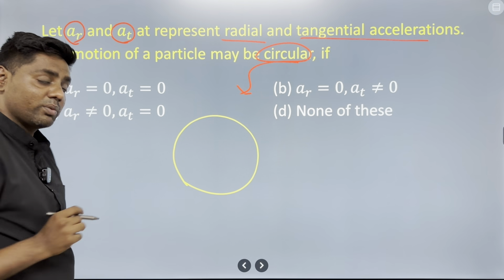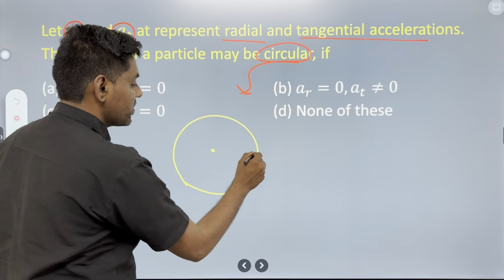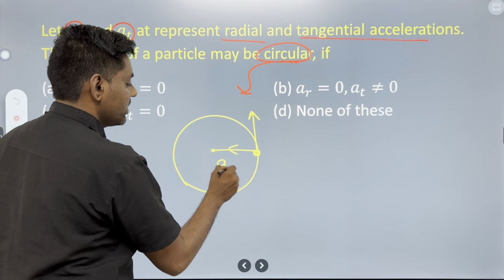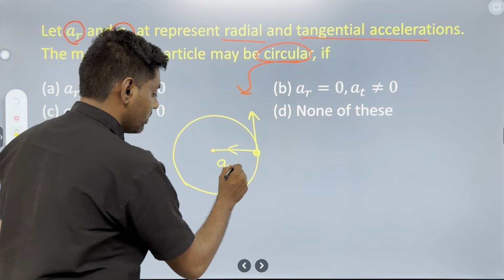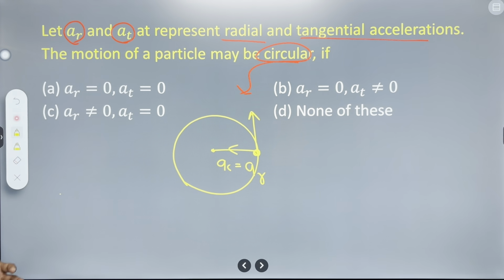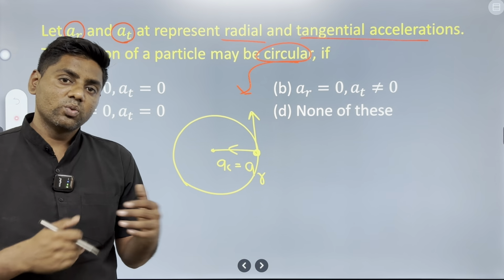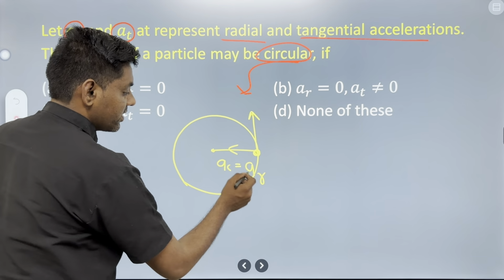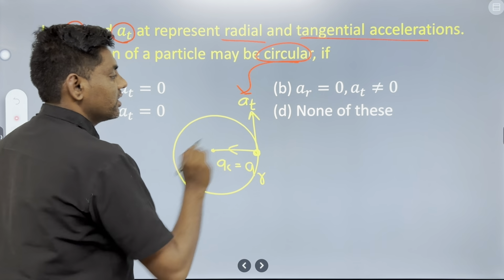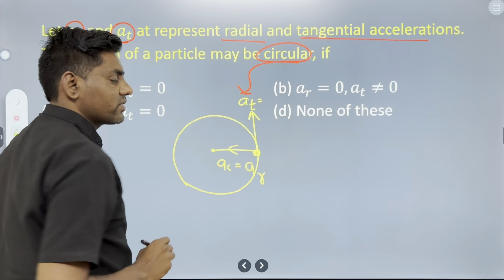In circular motion you should know who is responsible for the circular motion of any particle. Remember, that is centripetal acceleration. We have another name for it, radial acceleration also. Why? Because it acts along the radius and towards the center, so radial acceleration is necessary for circular motion. And the second one is tangential. So you should know